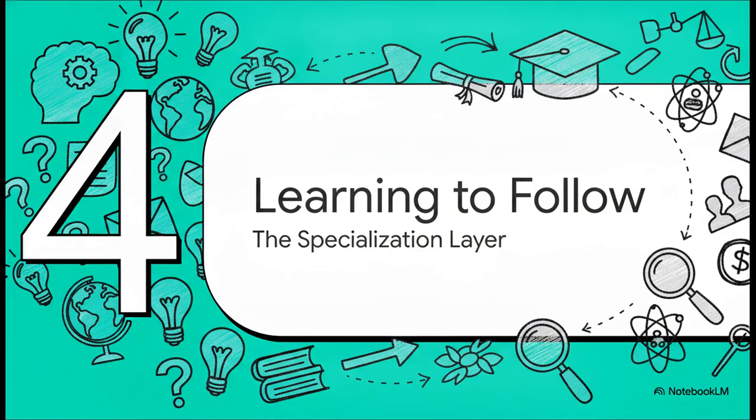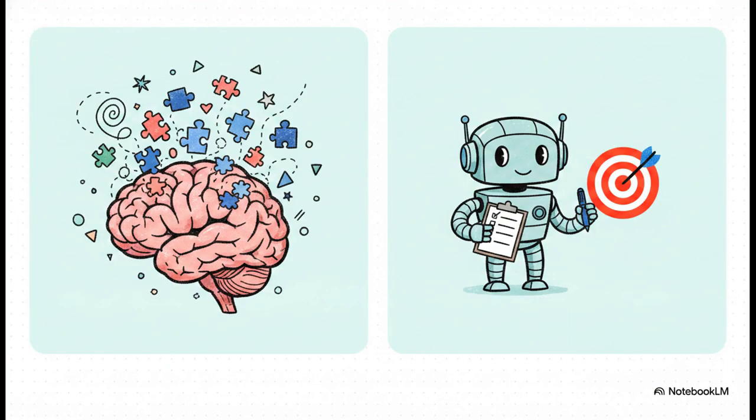This is the specialization layer where the model learns to actually follow instructions. Think about it like this. Pre-training gives the AI its massive vocabulary and its knowledge of the world, but it doesn't know how to talk to you yet. At that stage, it just wants to auto-complete text. Fine-tuning, and particularly instruction tuning, is what actually teaches it to follow your specific prompts, answer your questions, and act like a helpful chatbot. Without fine-tuning, you basically just have a really powerful auto-complete engine, but with it, you have